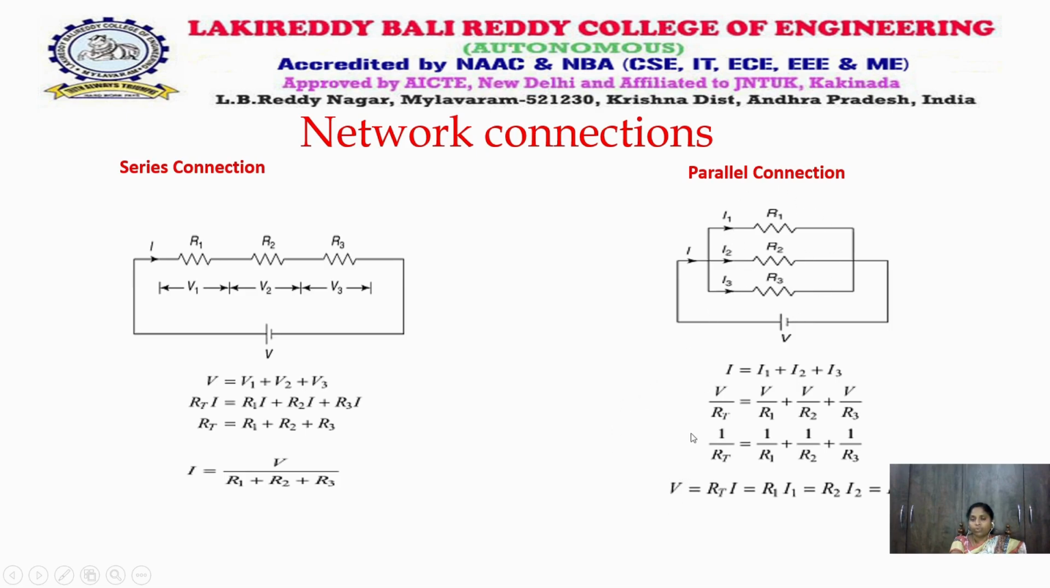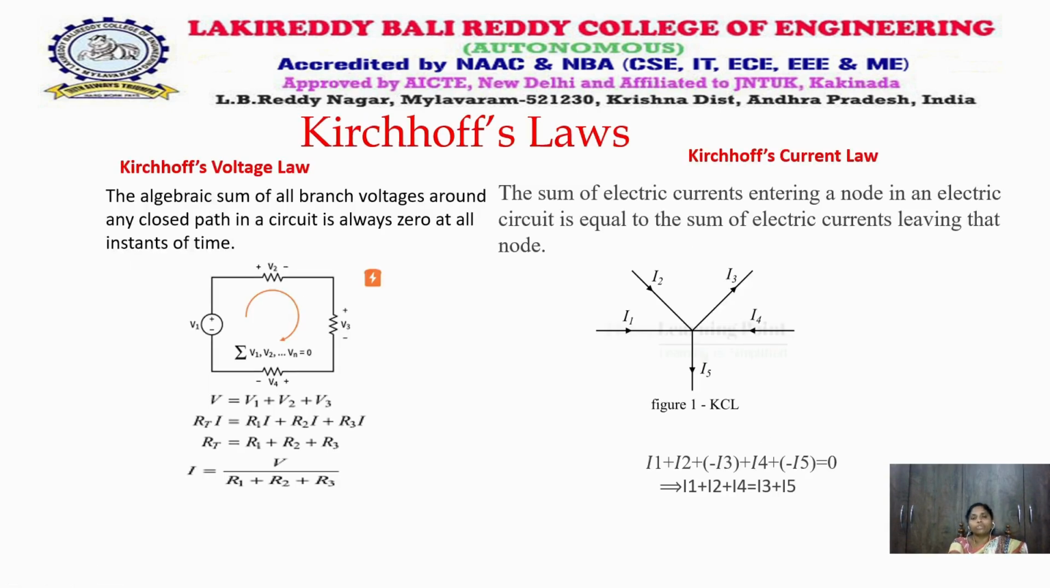Now coming to the voltage across each and every element, the resistance and the current multiplied together will give R1 I1 or I2 R2 or I3 R3. All three of them are equal. This is about the parallel connection. Now coming to other laws that are very important in this basic